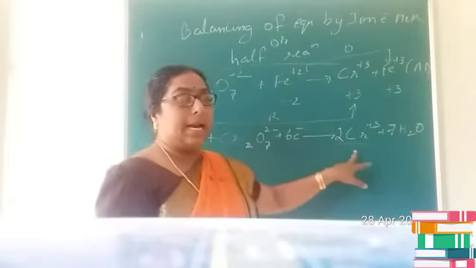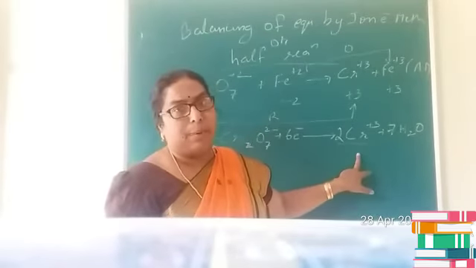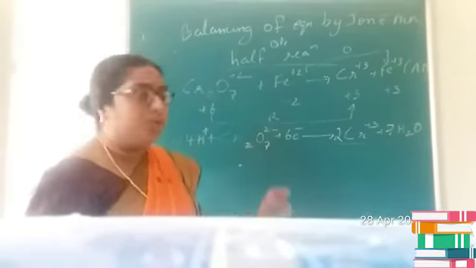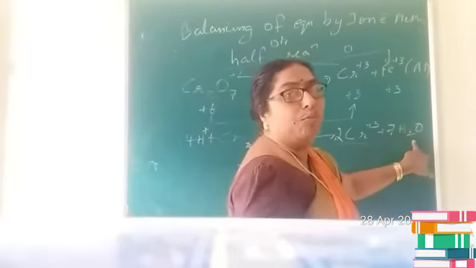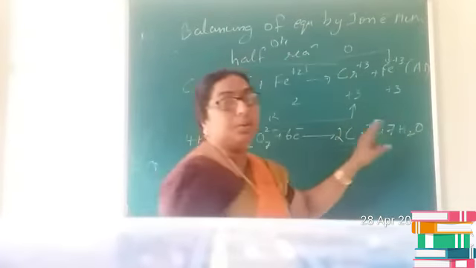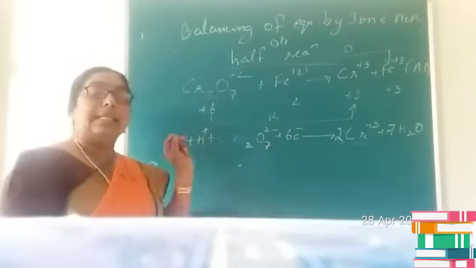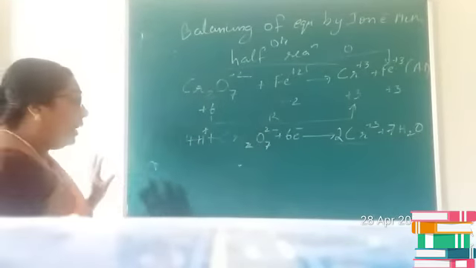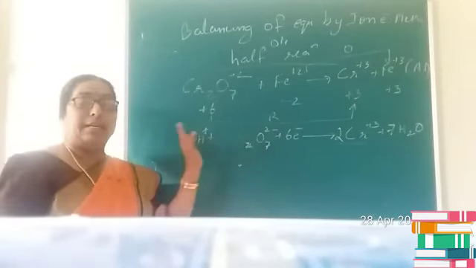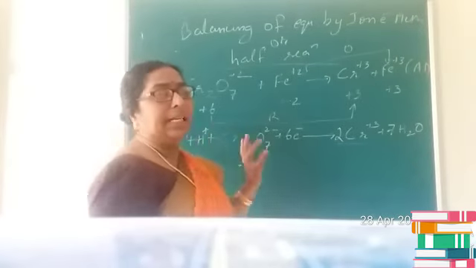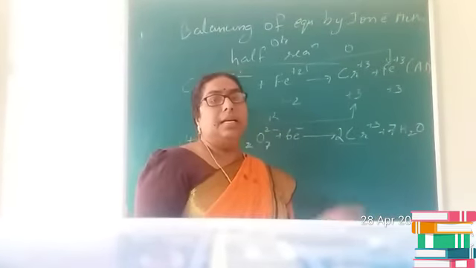So we balance chromium by multiplying it by 2. Then to balance oxygen we add water. To balance hydrogen you can add H plus, since it is an acidic medium. Now to balance charges, find out the total charge, and where there is an excess of positive charge,